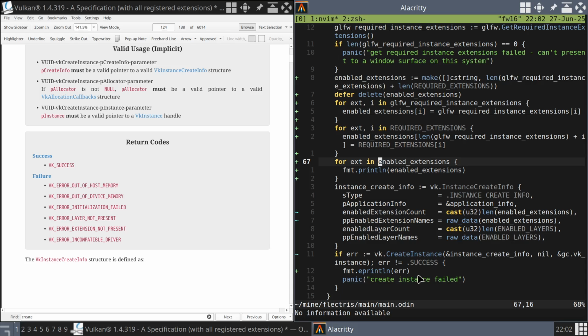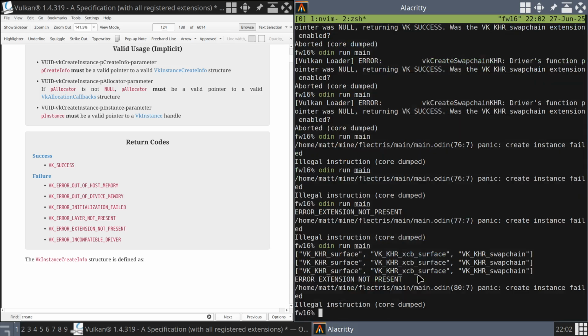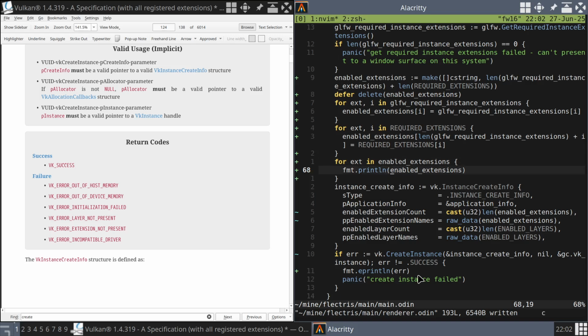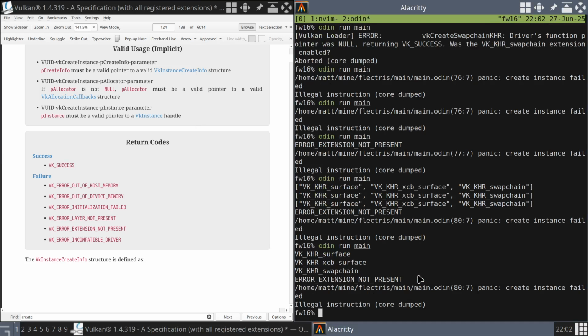My hovering isn't working. So VK, KHR surface, VK, KHR... Oh, I'm just printing the whole thing each time. Okay. At least we can see there's 3 of them. There we go. VK, KHR, Swapchain. Is Swapchain meant to be 2 words? Up here, VK, KHR, Swapchain. Okay. So that looks like it is the right extension name,